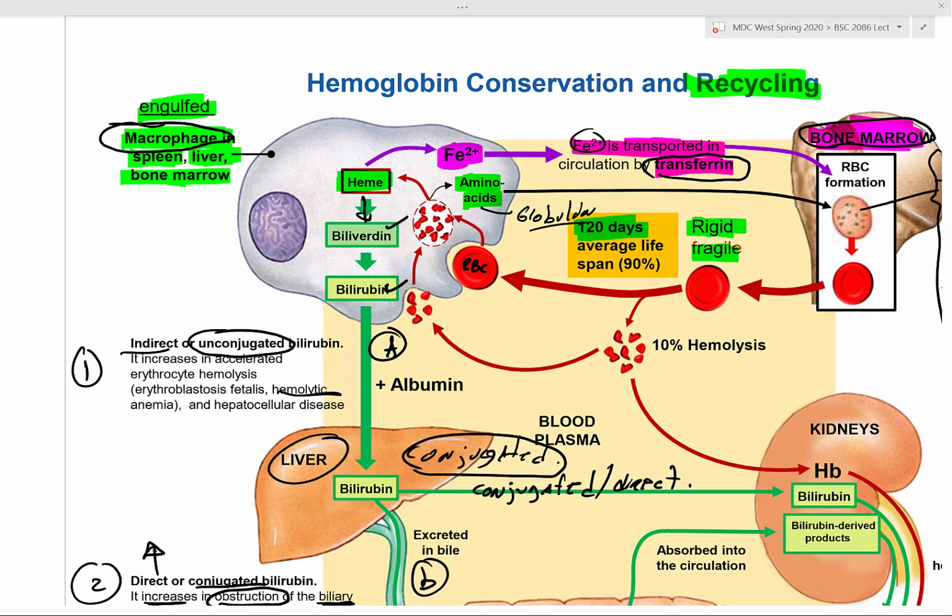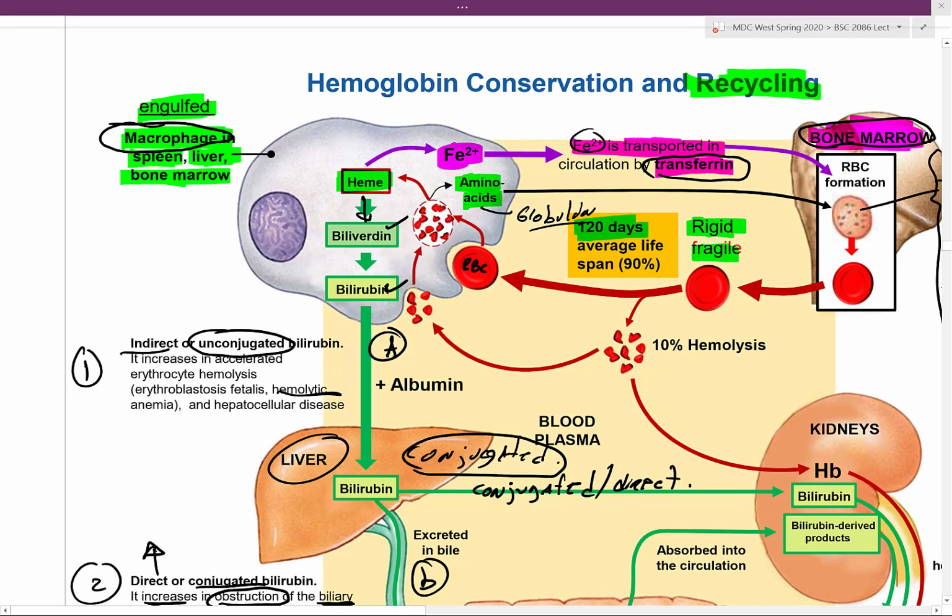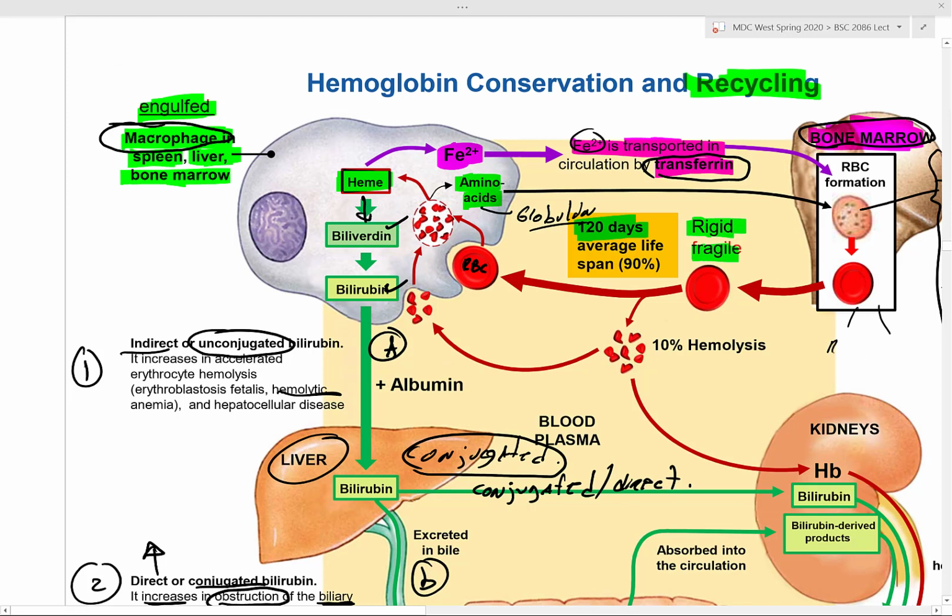Where do you make red blood cells? You make them in your bone marrow. Which bone marrow? You've got two bone marrows, guys. What are they? The red and the yellow one. What do we want the yellow to be? Tasty, that's just fat. Energy storage. The red is the one that makes what? Your red cells, your white cells, and your platelets, right? That's the one that we care about. So that's where this is happening.